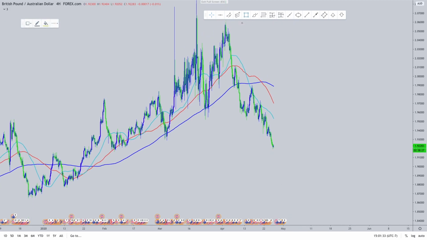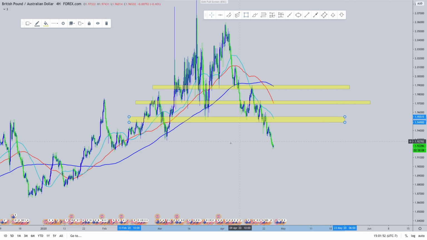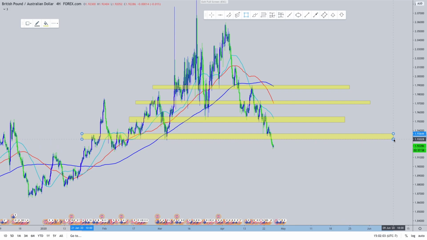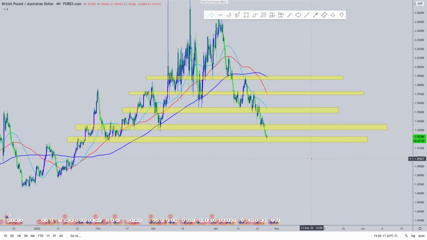Let's start marking up some zones. So we can see here this area, clear zone. It looks like this area here's a nice zone. This area is a nice zone. And we're just looking for areas, of course, price likes to react. And then looks like we have a nice zone here, and one right here. All right, cool. So now that we have some relevant zones marked off here,